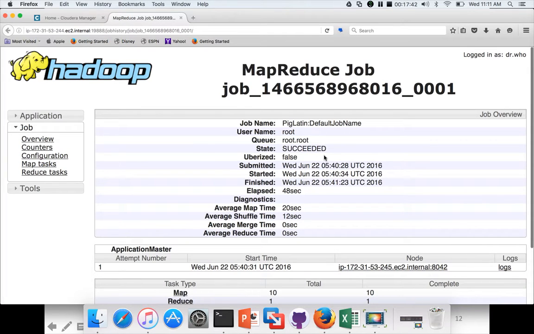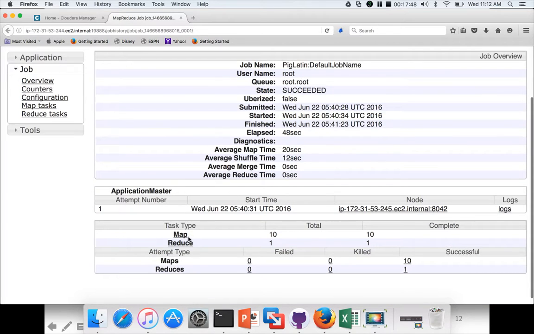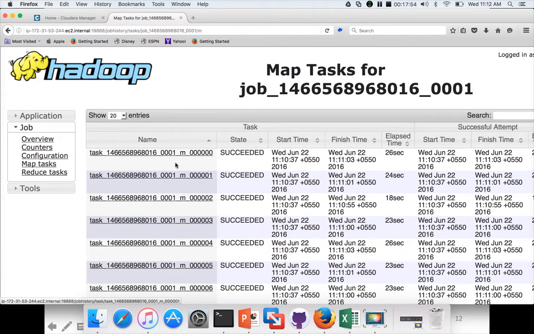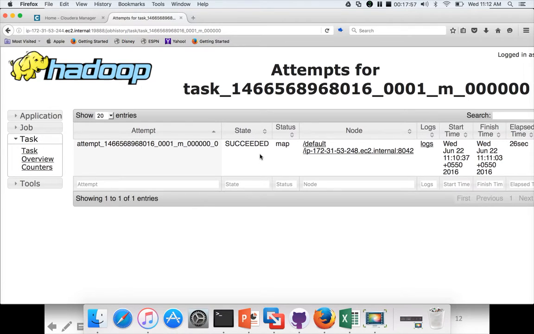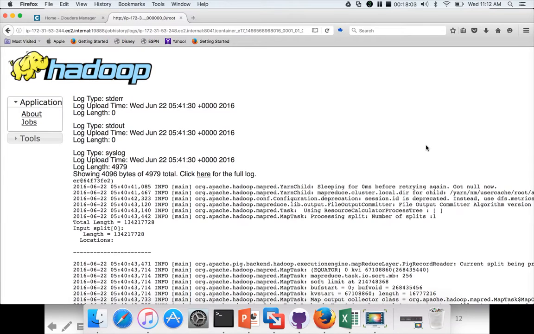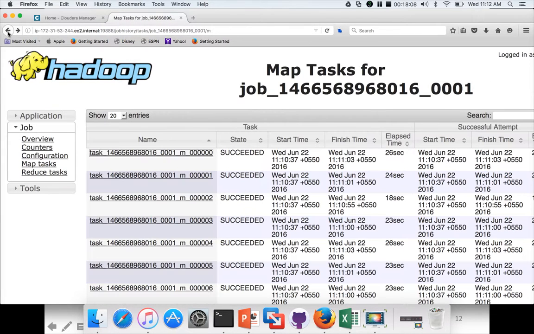So it is already completed. If it is running, you will see the one which is in progress. There are 10 mappers which are used to run this program. If there are any issues, you can click on that map, click on the task. If there are any tasks which failed or were killed, go to the logs, and you will get the details as you get for any MapReduce job. The same thing applies here. Okay, so this is how you can run the job, and you can troubleshoot using the resource manager or MapReduce web interfaces while the job is running, as well as when the job is completed.